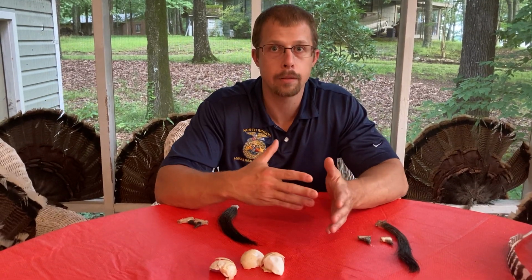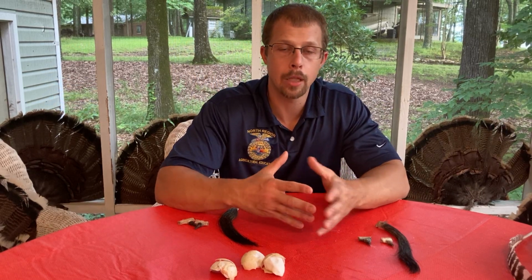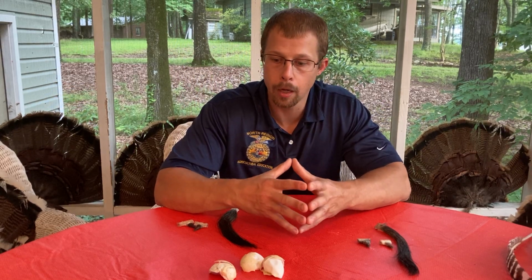We saw very low numbers in the 1940s, and they really enacted strict conservation practices in order to bring that number back and lower the bag limits. But in the early 2000s, the population exploded, but now we've seen a decline over the past 10 years. That can be attributed some to habitat loss and a lot of it to predation as well. So I would be expecting probably a decrease in the bag limit or season